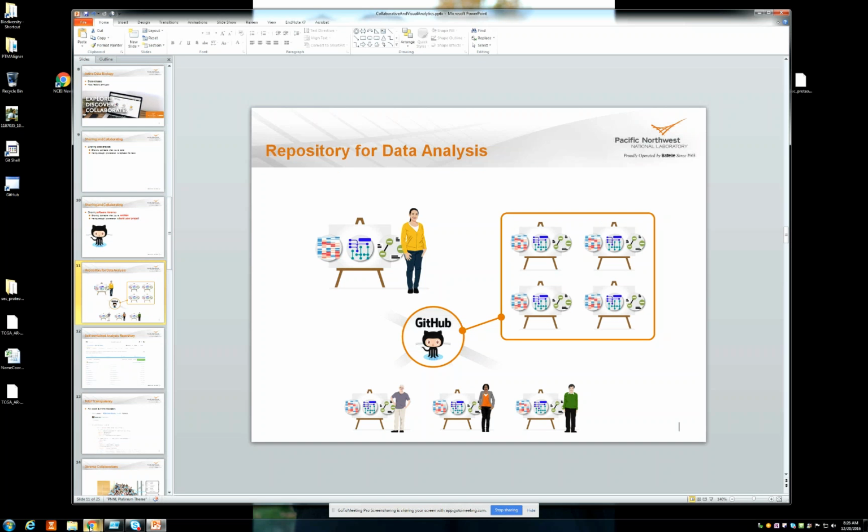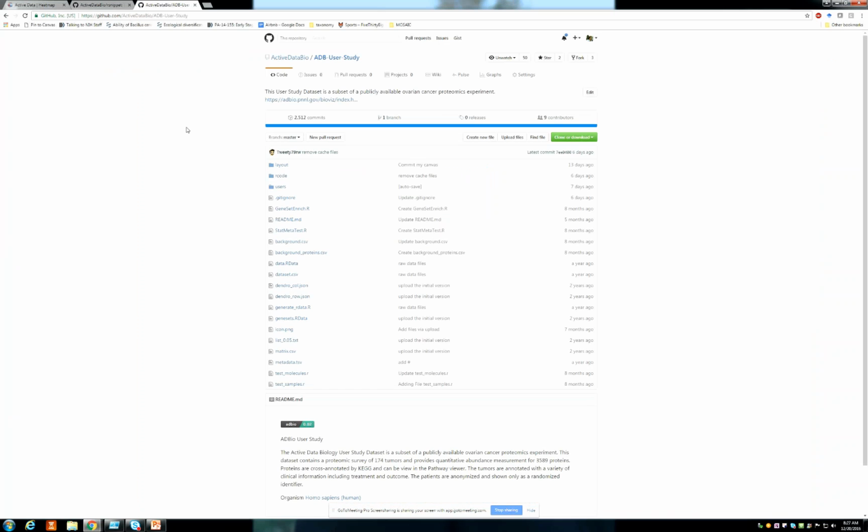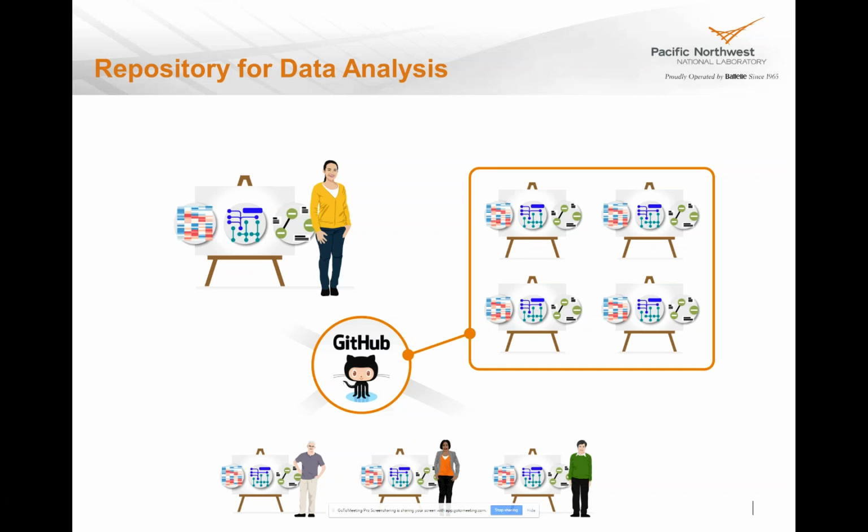So if I go to my web browser, this is the repository, and it has all the information that the web tool needs in order to display and offer the interaction that people have. Because I'm using a version control system, multiple people can be part of it, it can be federated, and that's really the benefit that we wanted: to coordinate data analysis in the same way that people writing software can be coordinated.